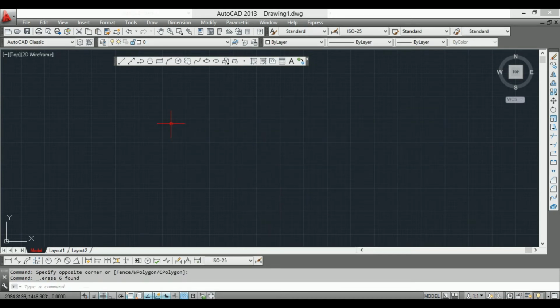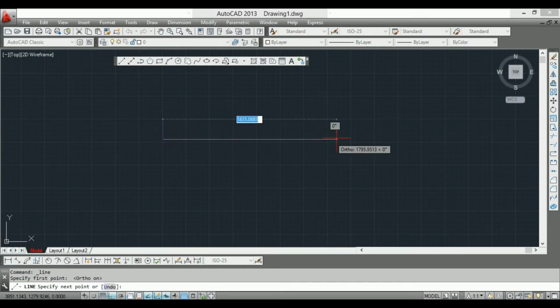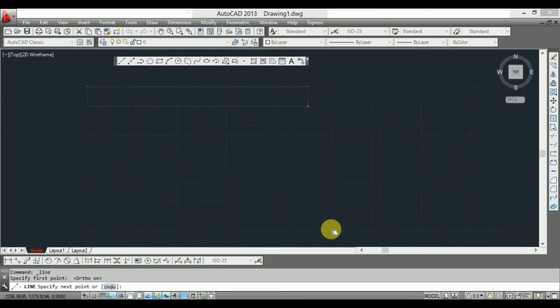Now the second case in line: suppose you want to make a line of a certain dimension, like 50 mm. Specify the first point. First I will zoom in.